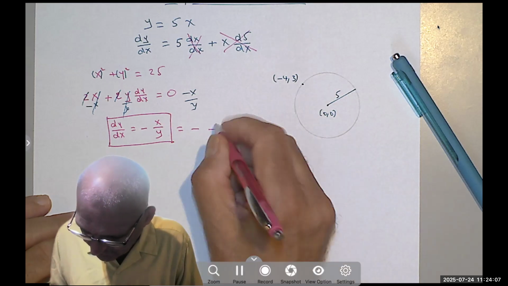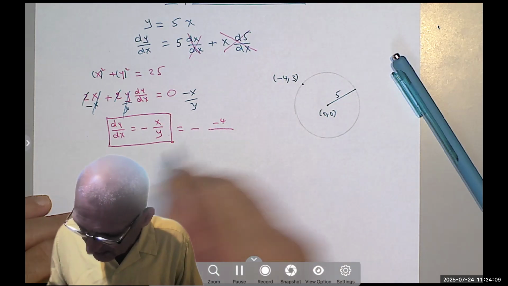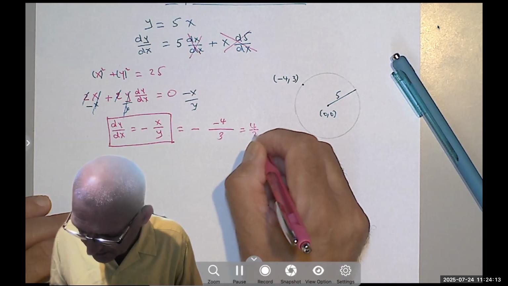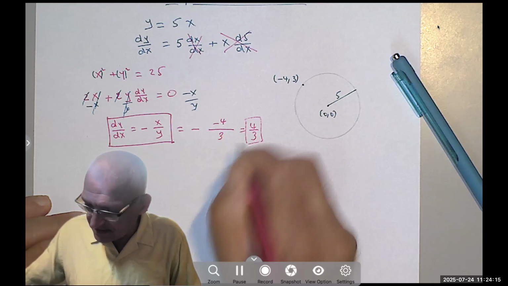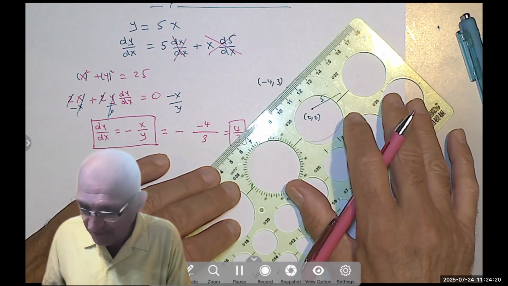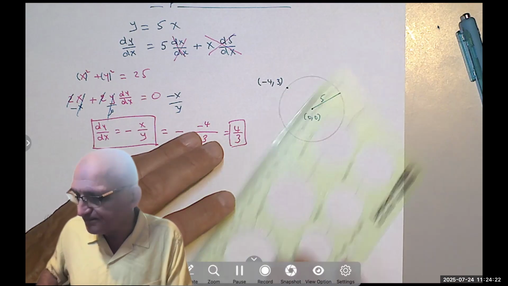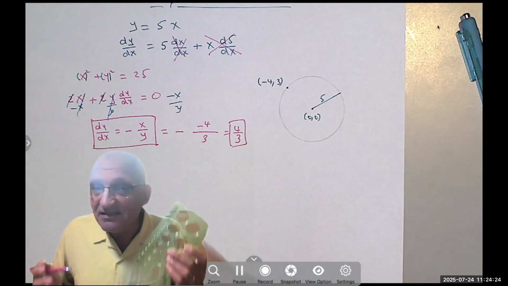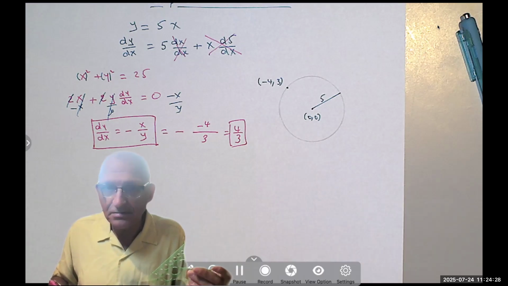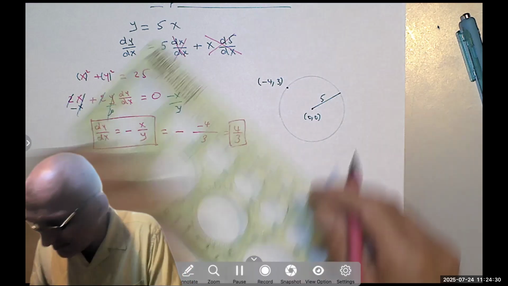The x is negative 4. Oh, I'm sorry. Yeah, and the y is 3. So I get 4/3. Yes, the slope is positive and it's more than 1, right? I didn't need differentiation, let alone implicit differentiation to find that, because I knew